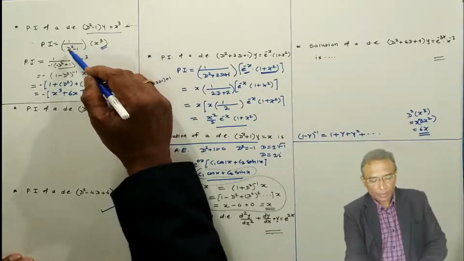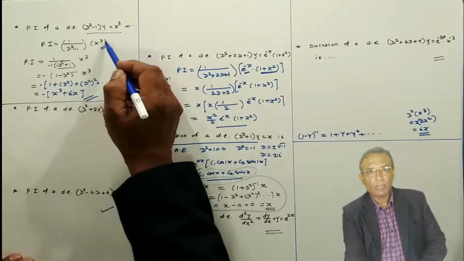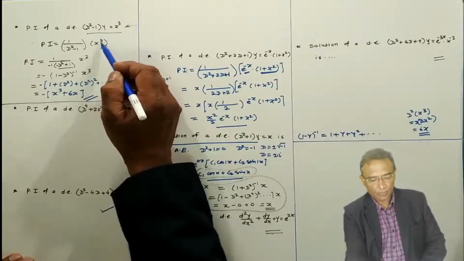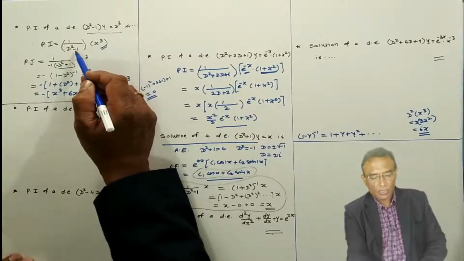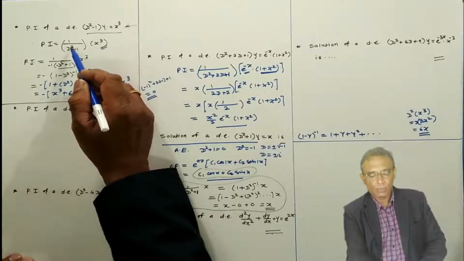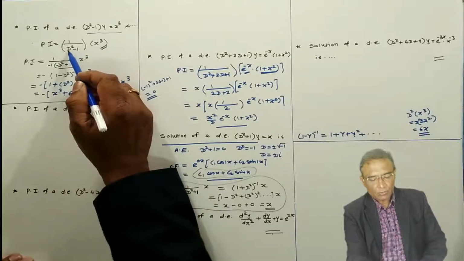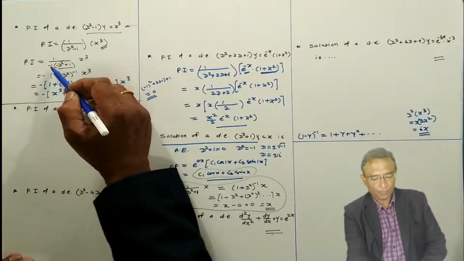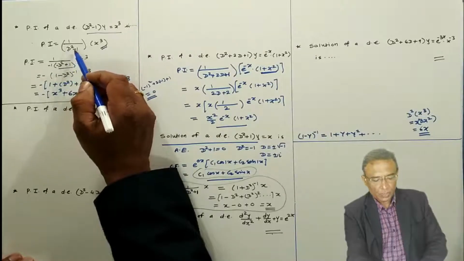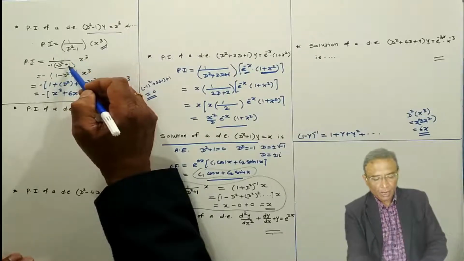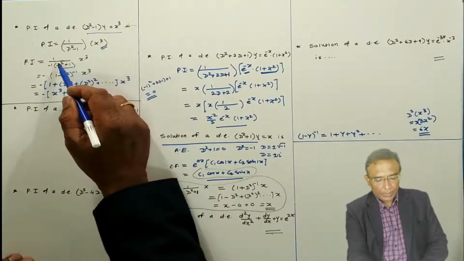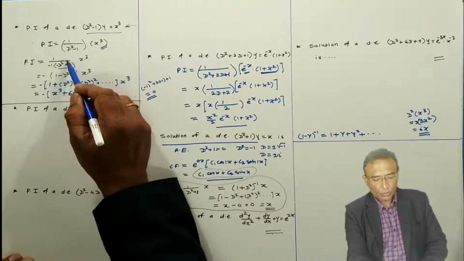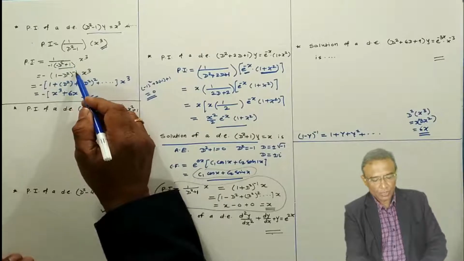How to operate an operator on the x to the power n function where n is a positive integer? Take the lowest degree term outside, meaning minus 1 is the second term, D square is the first term, and the degree of the first term is 2 and the degree of this free constant is 0. The lowest degree term is minus 1, that I have taken common. What will remain? Minus D square plus 1 will remain. And then take this bracket in the numerator. It will be raised to power minus 1.